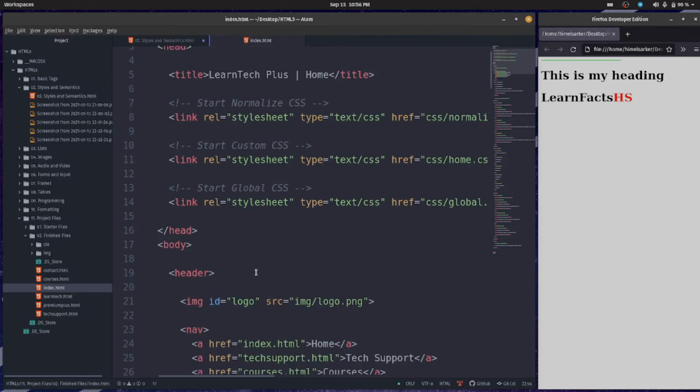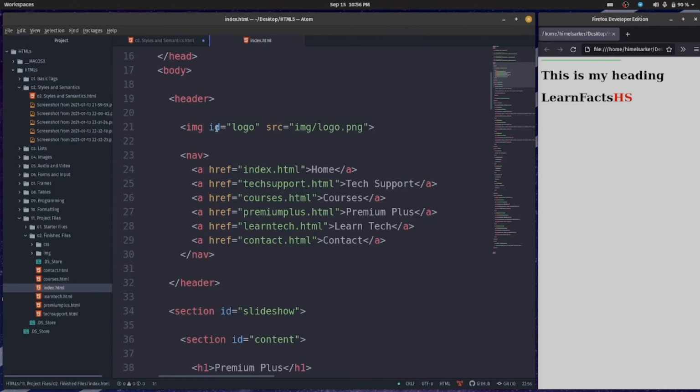So where is my header? Look, here is my header file. Inside of the header we should have our navigation bar, the nav tag, and an image. For better understanding, I'm showing you what we should have inside our header tag. Okay,